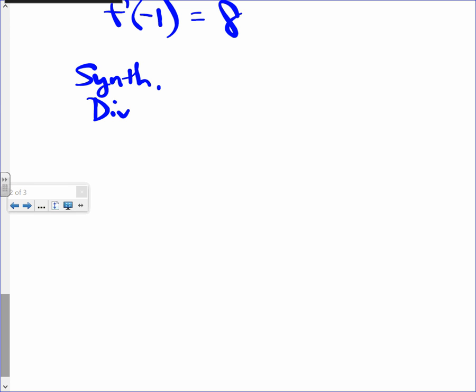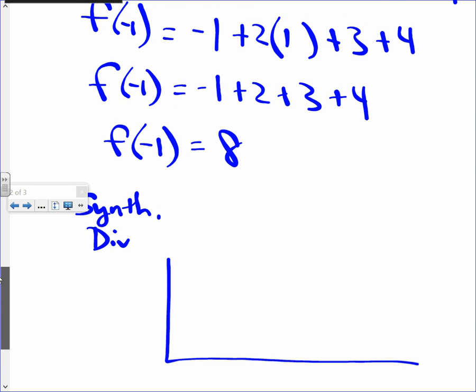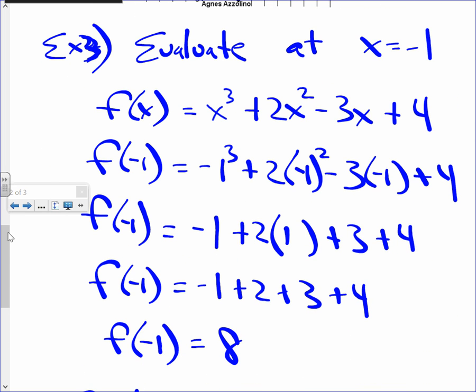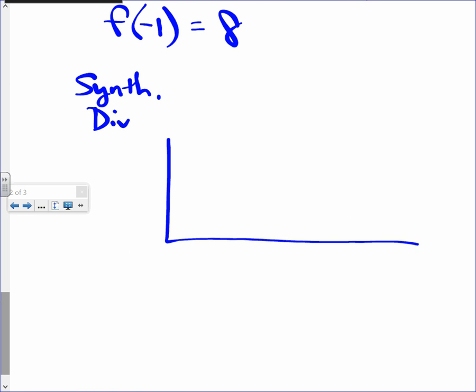This is the last part of our notes. Look what I'm going to do. I'm going to put the L brace. Watch this. I'm going to put the coefficients of the function. What's the coefficient of x cubed? That's +1. I got a +2. I got a -3, and I got a +4. Look at what I'm going to do. Here we go. 1,